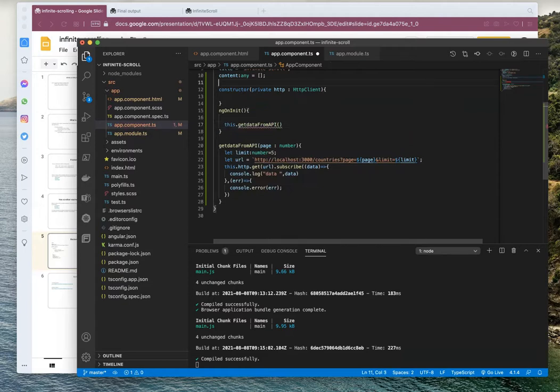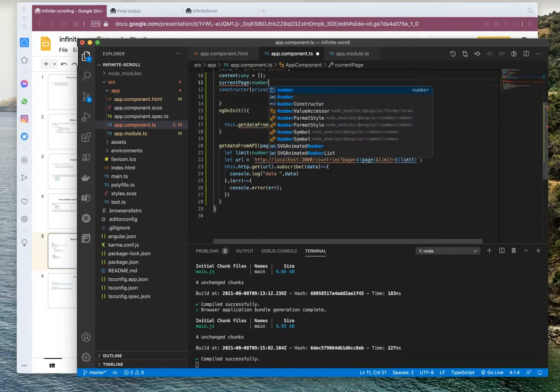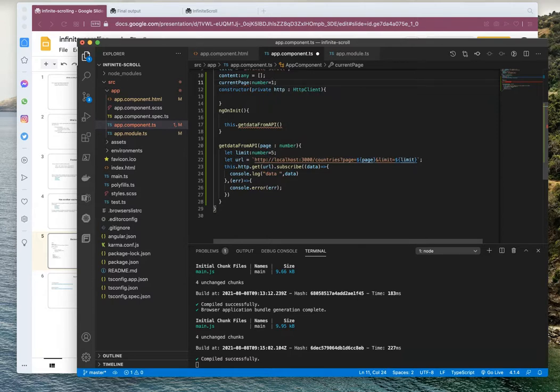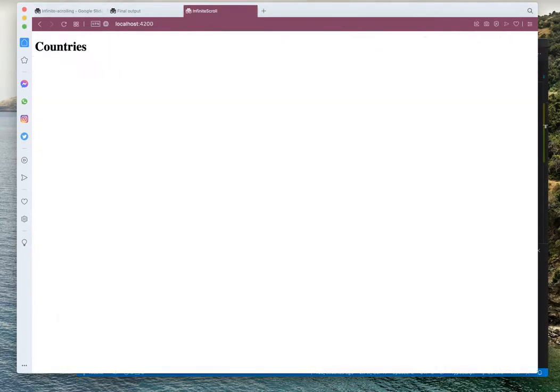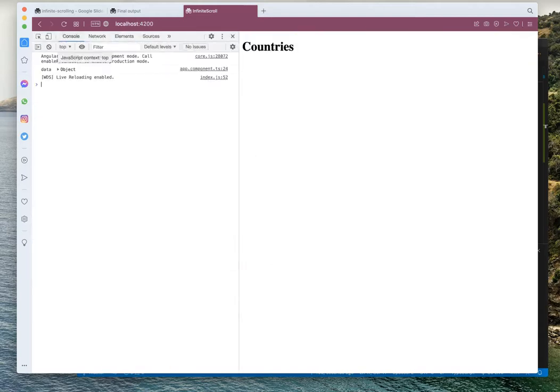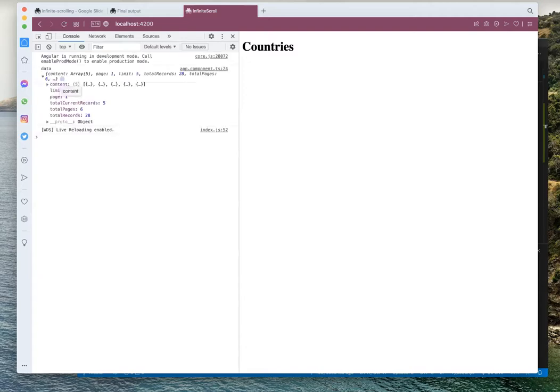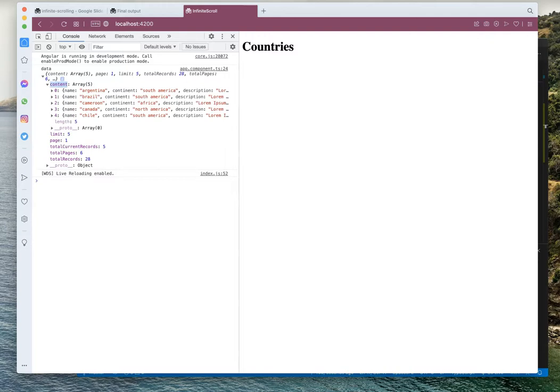We have to declare another object called current page. We will set the default page as 1. And let's view the output. Here we are able to view the results of the API. We have to make use of this content object.